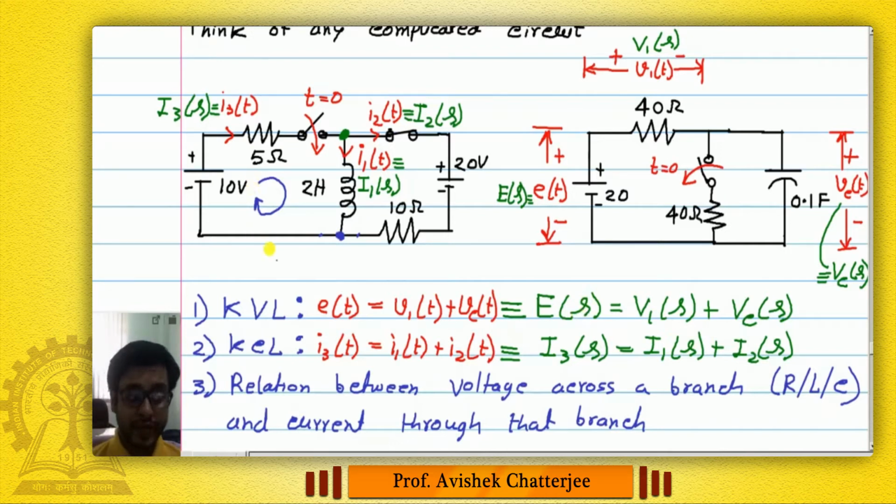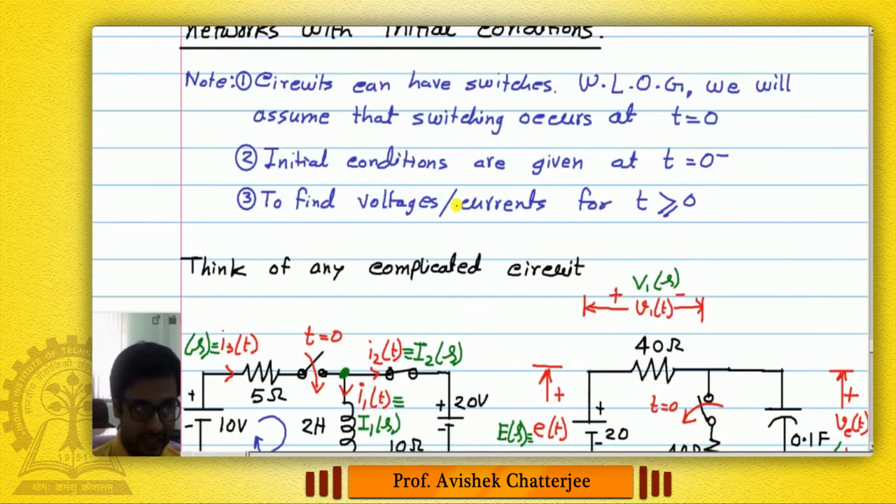So you can write Kirchhoff's voltage law, current law, using the Laplace transform of different voltages or currents in a way exactly similar to what you would have done using time domain voltages or currents. Exactly similar. But there is a very, very important thing to know, understand and remember. That is,